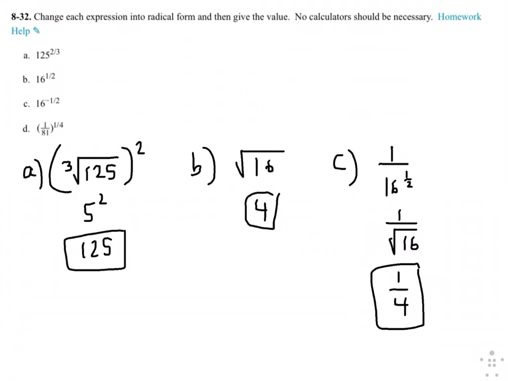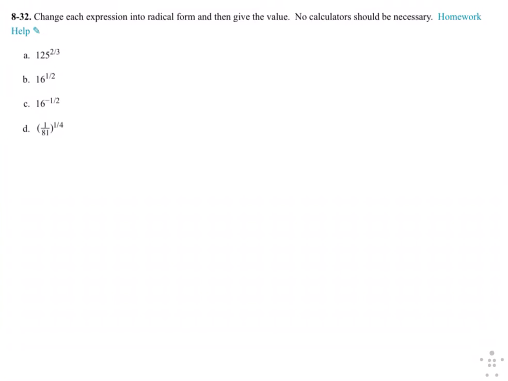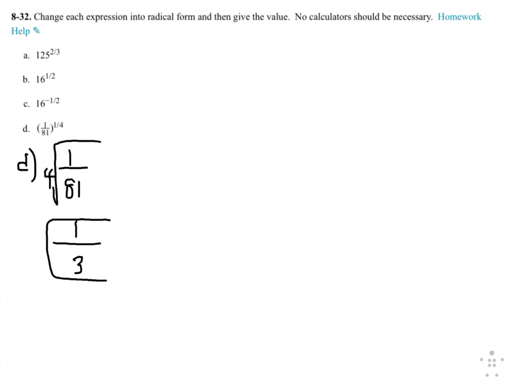And d, let's make some space. D, we have 1/81 to the 4th power. So it's like that, the 4th power of 1/81. That would be in radical form. And then the 4th root of 1 is 1, and the 4th root of 81 is 3, right? 3 times 3 is 9, times 3 is 27, times 3 is 81. So 1/3 would be